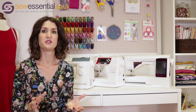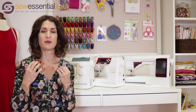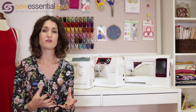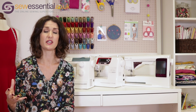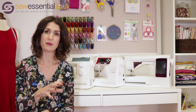Finally, we talk about budget, and you might think it's strange to leave that until the end, but we find it's a much better way to identify a machine that is really right for you and has got all of the features that you're looking for. Once we've gone through all the different features and we've talked about the different options, if you've chosen a machine that is out of budget, we can always work with you to identify the less important features to get you back